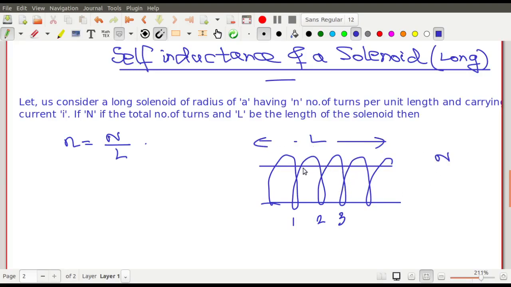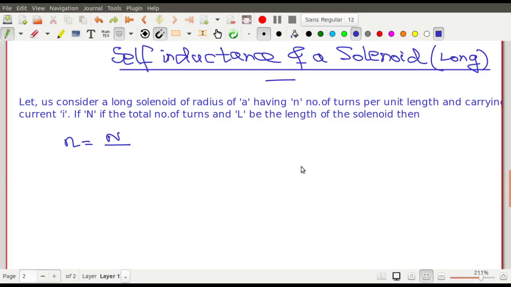So how many turns are there per unit length? How many such turns are there per unit length? That is what I first of all find out. Then I write the cross-sectional area of a turn,